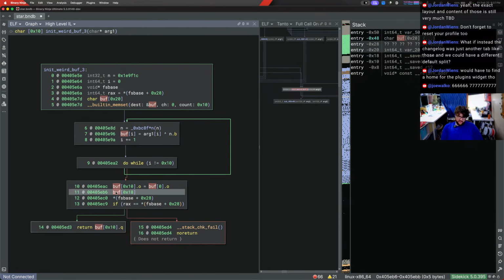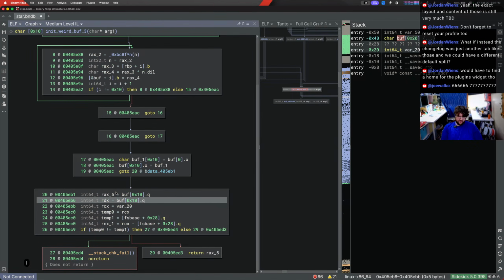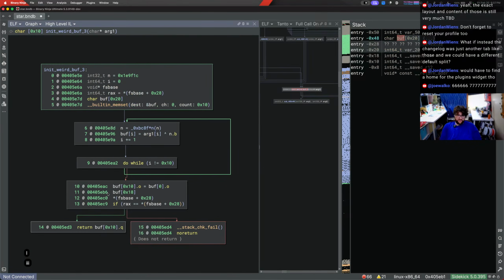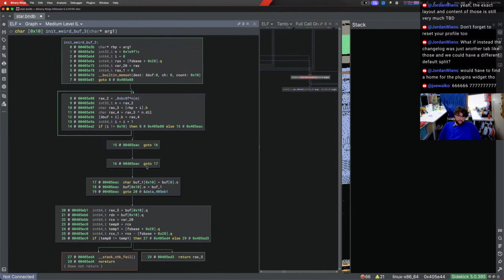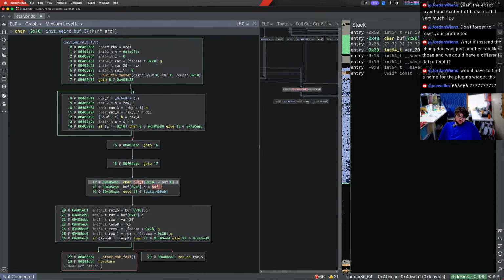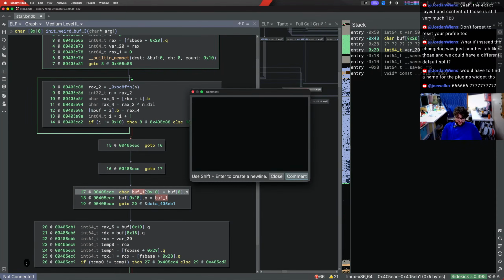Yeah, it's showing the read into that place in the buffer, but it's just not doing anything with it. Is it doing anything with RAX5? That's what it's returning. Well, everything returns RAX. But in this case, we actually are returning that 10-byte character array. All right. So I guess the result of this is